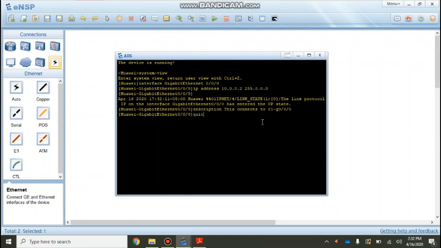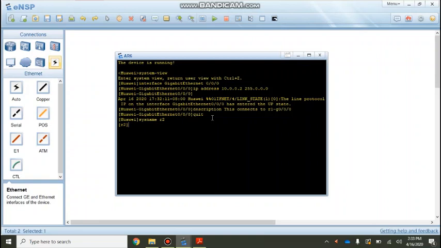One thing we missed out here, we haven't defined this router's name. We have to change it to R2 because the other router is connected to R2. So we have to define it as R2 to connect the routers. So I will quit this window. We are in the system view. I will simply type sysname R2 here. So its name is changed to R2 now. So now configuration is also complete here.